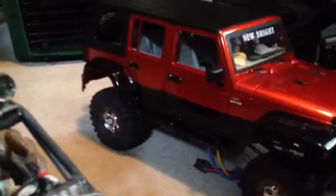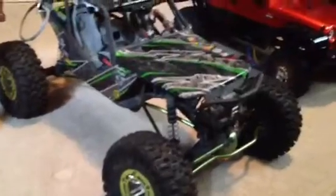Sorry about the lighting in here. I'm actually going to try switching sides and see if that helps. Whatever. But yeah, my Hilux body is up there